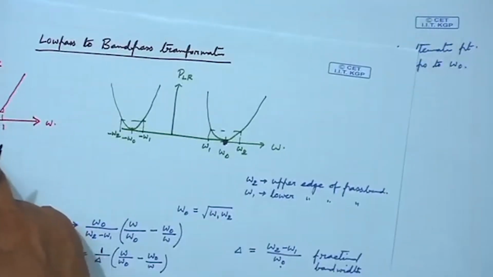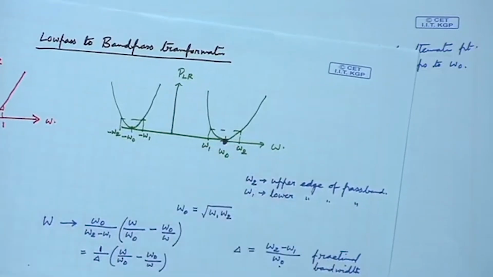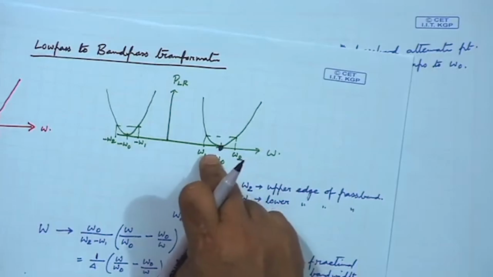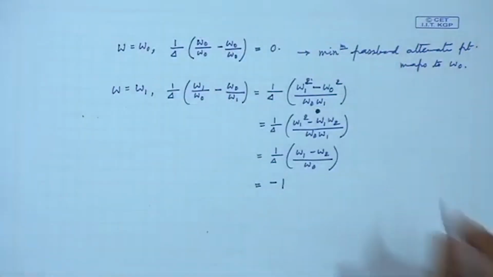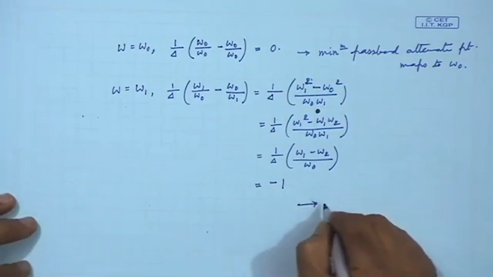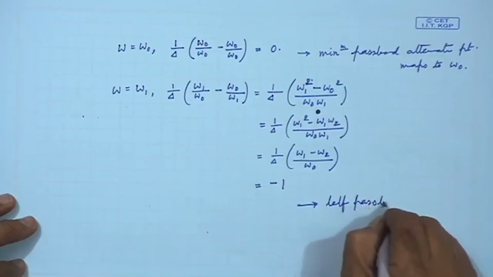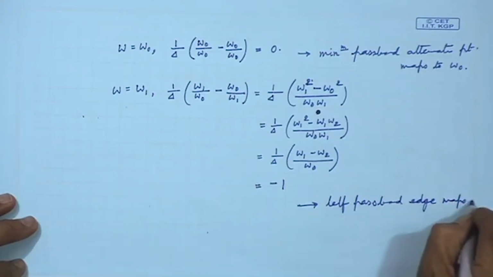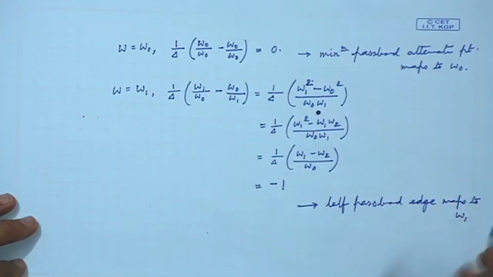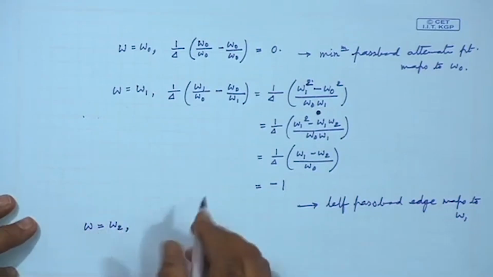So, the left passband edge will be mapped to omega 1, that means this point is now mapped to omega 1. So, let me write the effect of this. The left passband edge maps to omega 1. Similarly, if I put omega is equal to omega 2, then